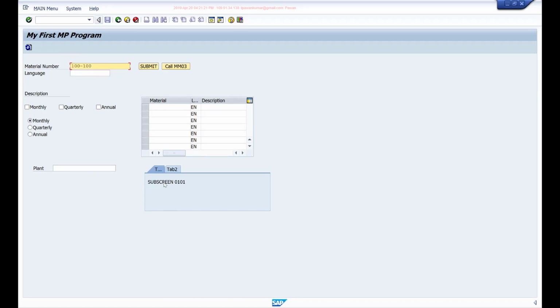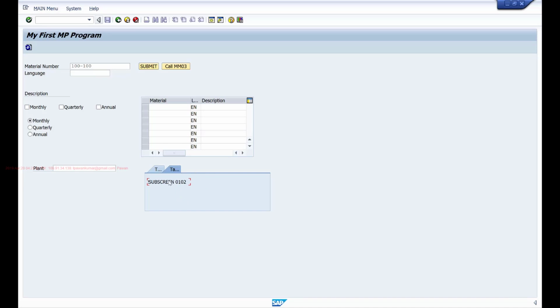So if you see, I have the tab 1, and if I select, this is tab 2. So for each tab there is one subscreen defined. So whatever fields you want to show in this particular tab, just go and maintain those fields in this 101 subscreen, and whatever fields you want to display in this particular tab, maintain them in 102 subscreen. Again, once I input data in this particular tab, if you want to process, you can do it in PAI of this screen, and if you want to hide certain fields on this tab or disable, enable fields or anything you want to dynamically handle here, you can handle it in PBO.